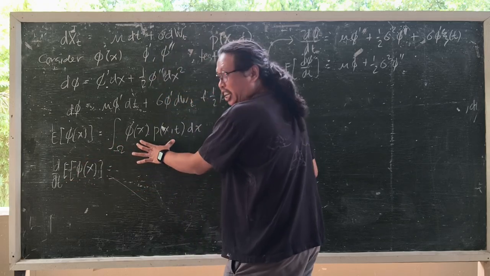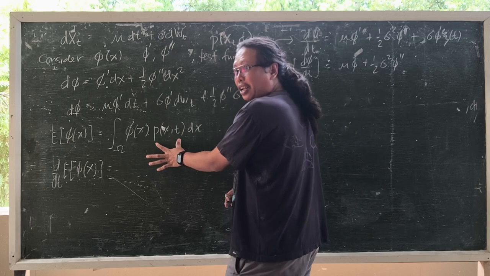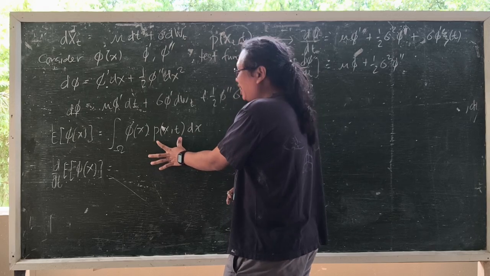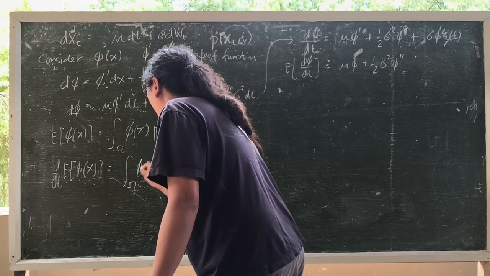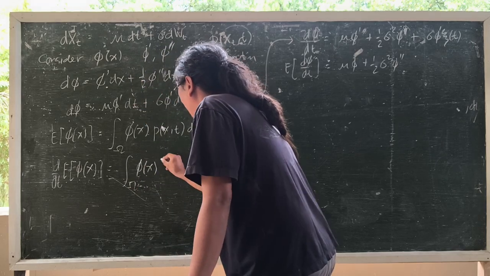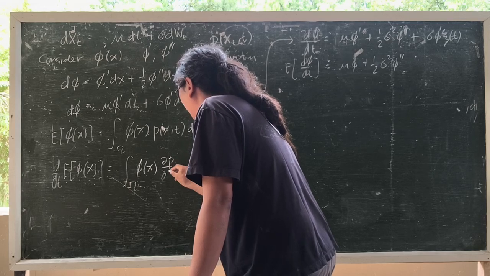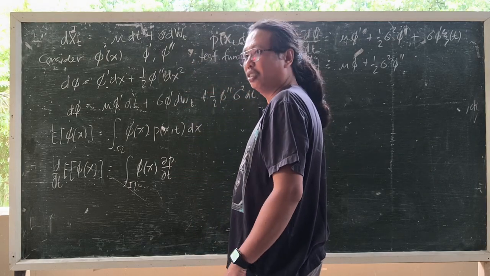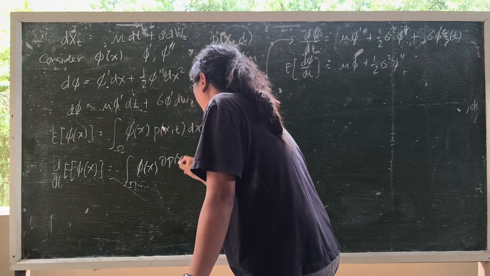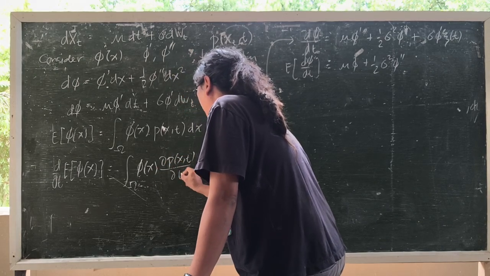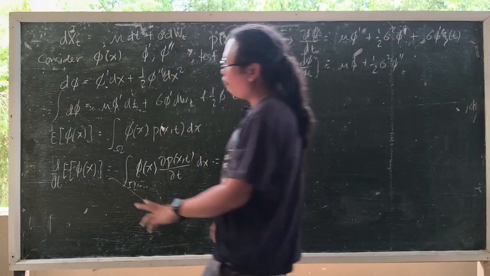Apply this one to the integral. We know that d over dt, we just apply here. And since this is a function of two variables, therefore this now becomes the integral of phi of x times partial p of x, t over partial t dx. The expectation value of phi